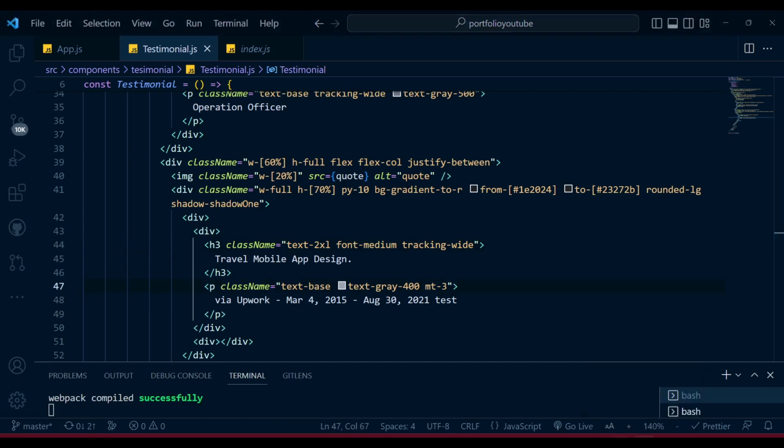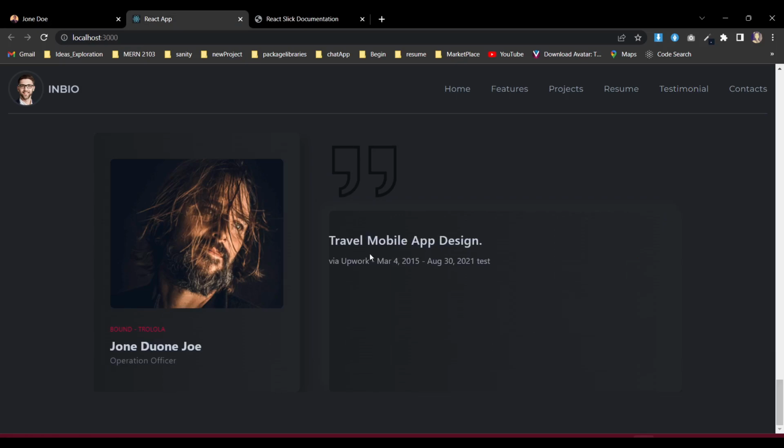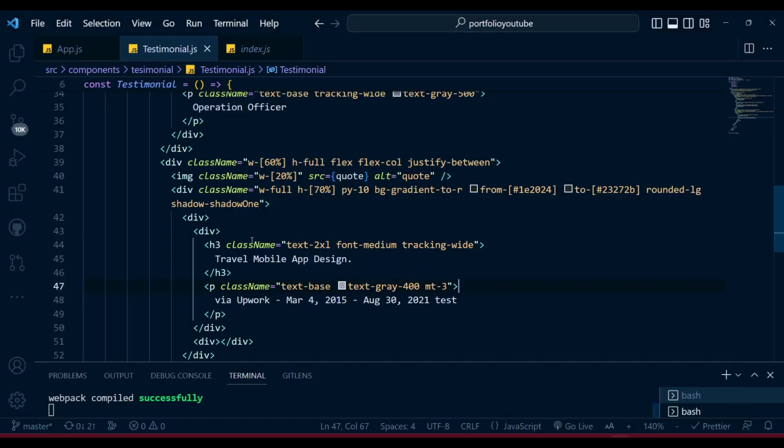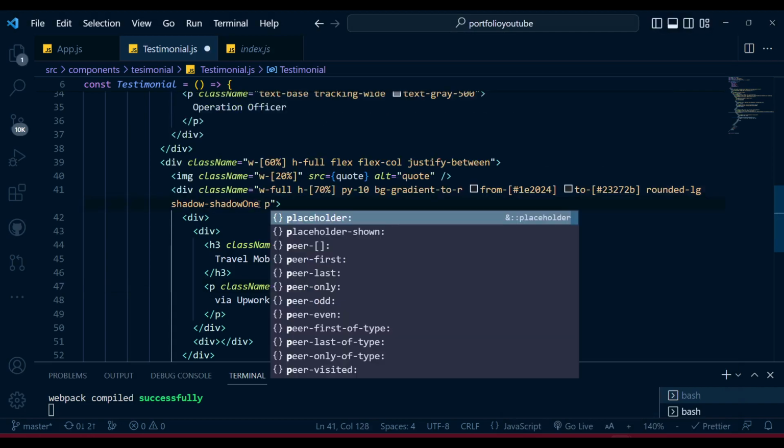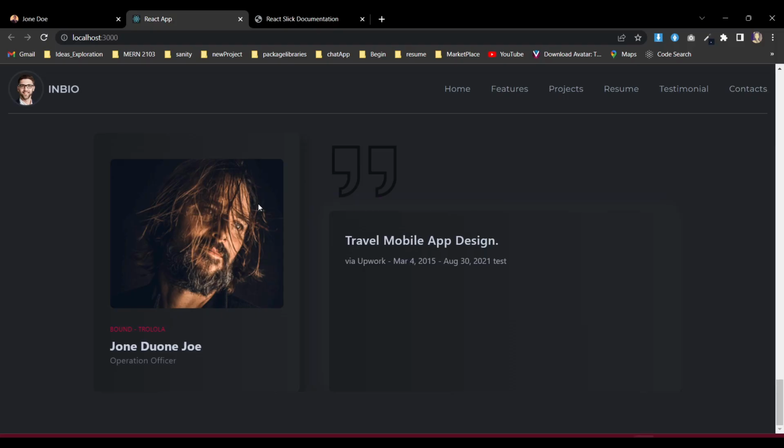Okay, let's save it, and you may see that things are already here. Now from the side, it's a little bit not getting further. Let's give a padding of 8. You can see it's coming in the middle. And then what we're going to do,